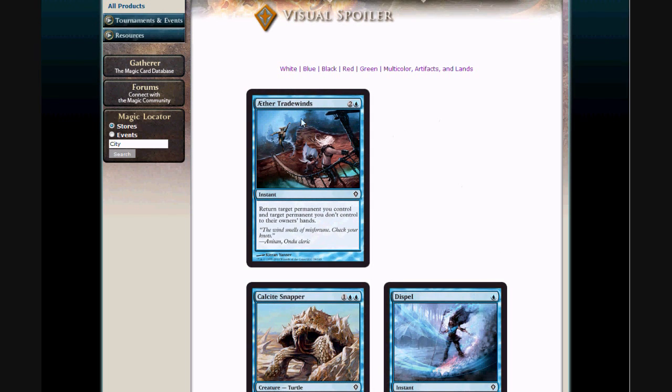Anyway, Aether Tradewinds. That's the 2 and a blue instant, return a permanent you control and a permanent you don't control to owner's hands. Kind of cool artwork, kind of a scary picture. It reminds me of a lot of nightmares I've had about really inverted situations. So